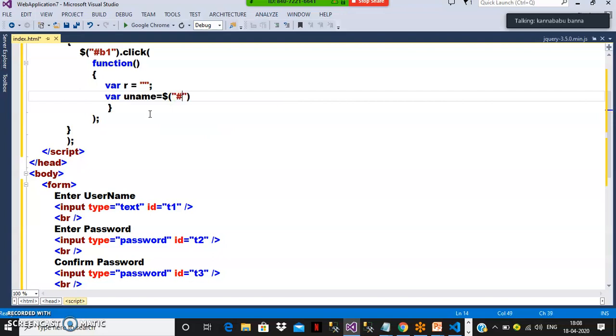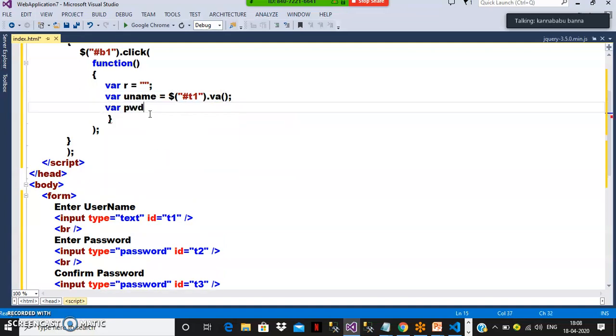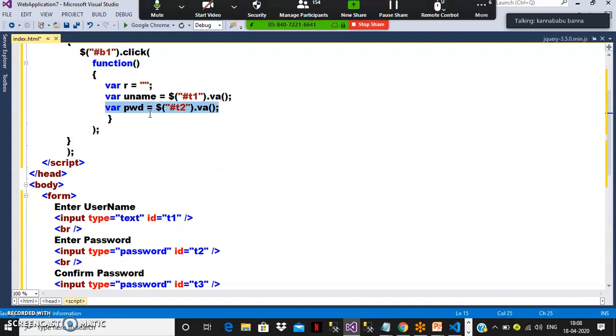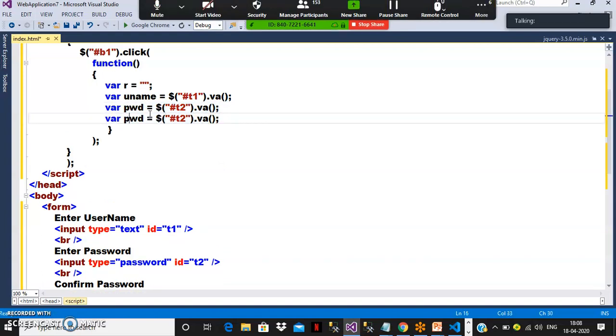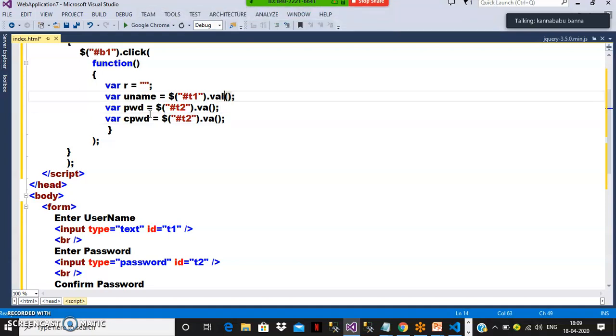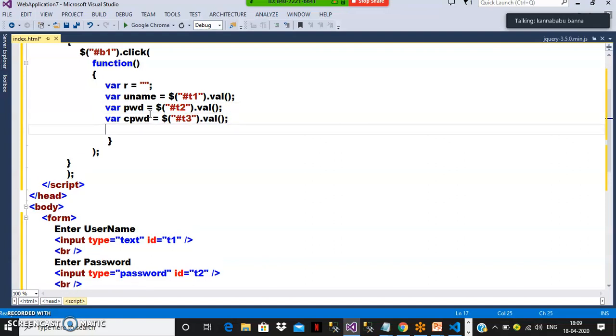Then var pwd is equal to dollar hash t2 dot val. Catching all the text box values and storing them in variables. The val function is used to catch the HTML element values at runtime. Here also cpwd, with dollar hash t3 dot val. Now I want to write the conditions.